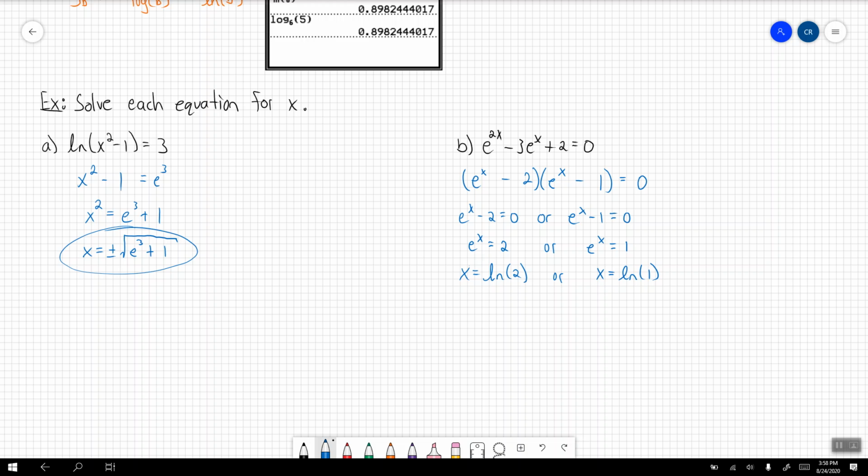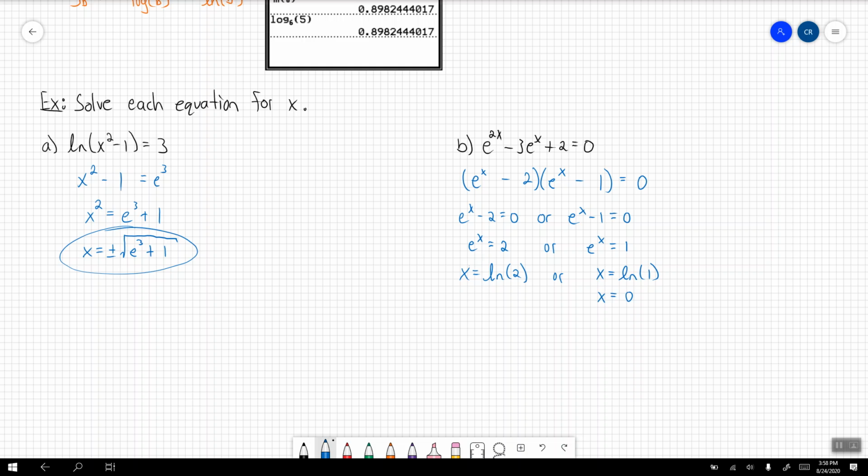Now there's a small observation here, that this x value for natural log of 1